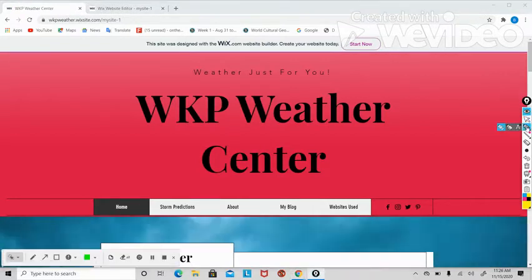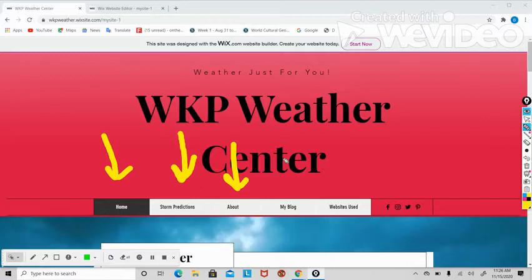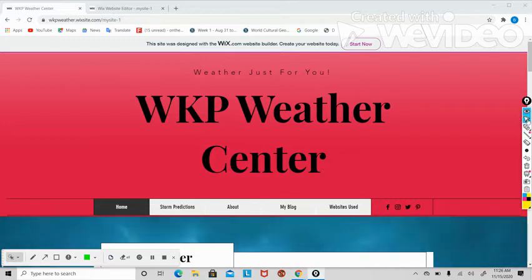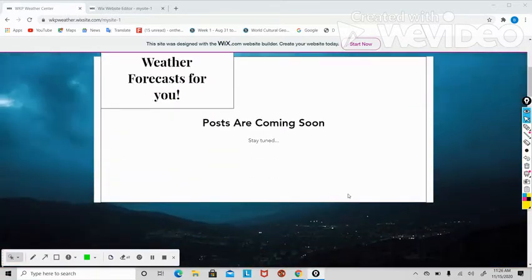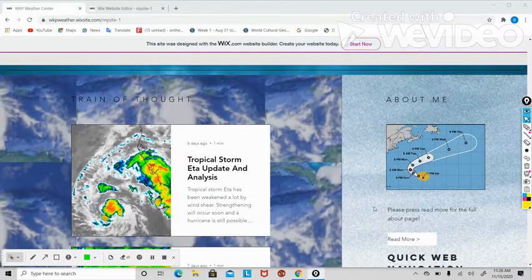On the home page, you'll see home, storm predictions, the about page, my blog, and websites used. We'll be going over exactly what those individual areas of the website mean and also what you can find on those pages. On the home page, you can find my blog posts, which are my weather forecasts, and you can